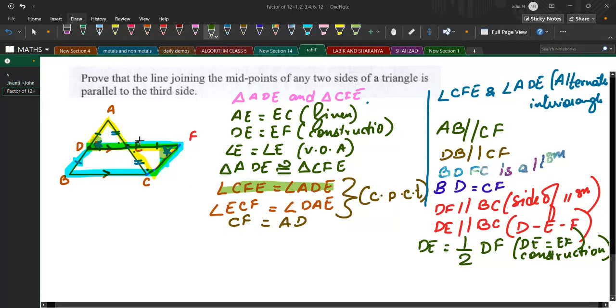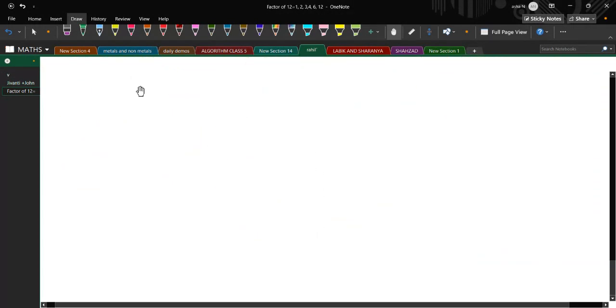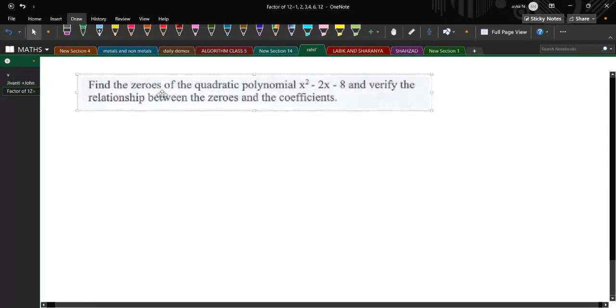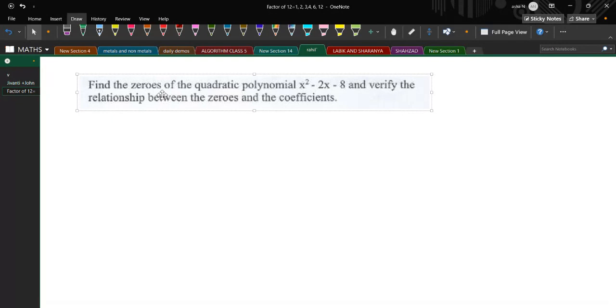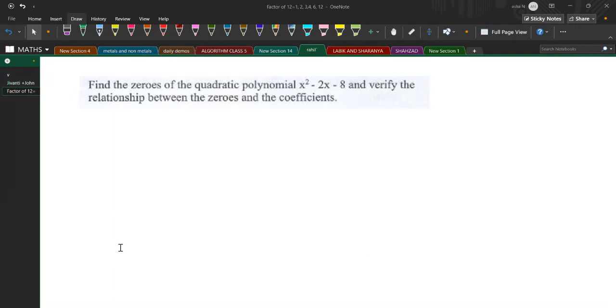So you're learning SST now. Then after this, we have another question, that root 5 is an irrational number, which we know how to prove by assuming that it is not irrational. Okay, that we will skip. Next: find the zeros of the quadratic polynomial 2x square minus 2x minus 8 and verify the relationship between the zeros and the coefficients. Don't you think it is easy? First, a 3 marks question. This is guaranteed marks.